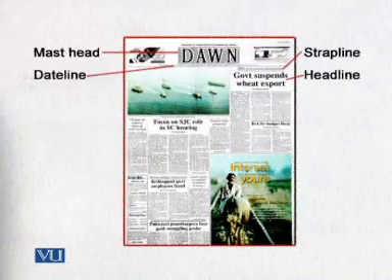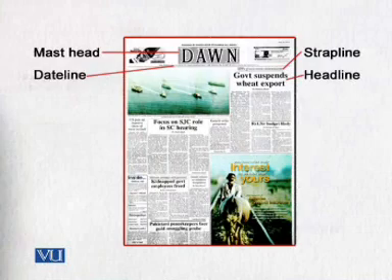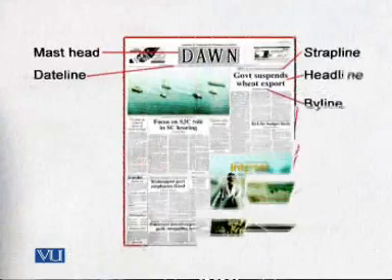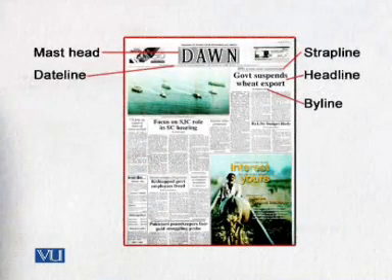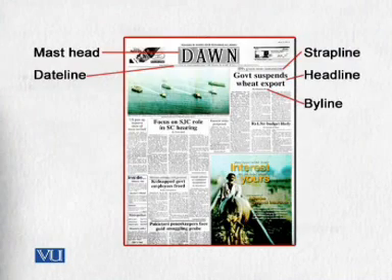After this main headline and the strap line and then the sub-headline, before the story starts, between the story and the main headline, there is written the name of the reporter also, the one who has reported or covered that piece of news. This we call a byline. Of course, a byline is the name of a person who has covered or reported that.